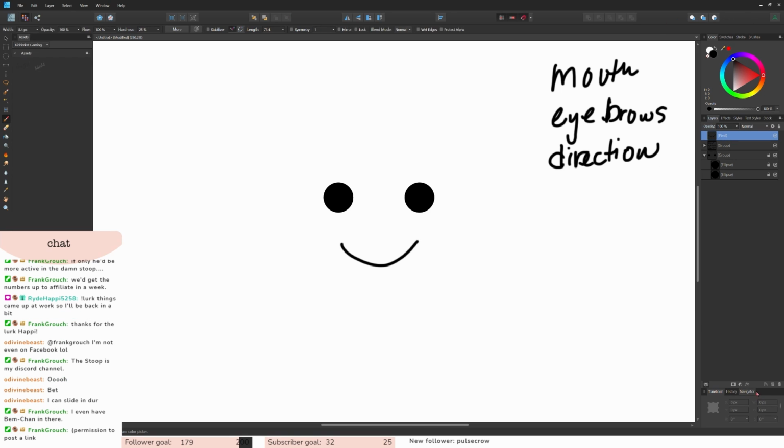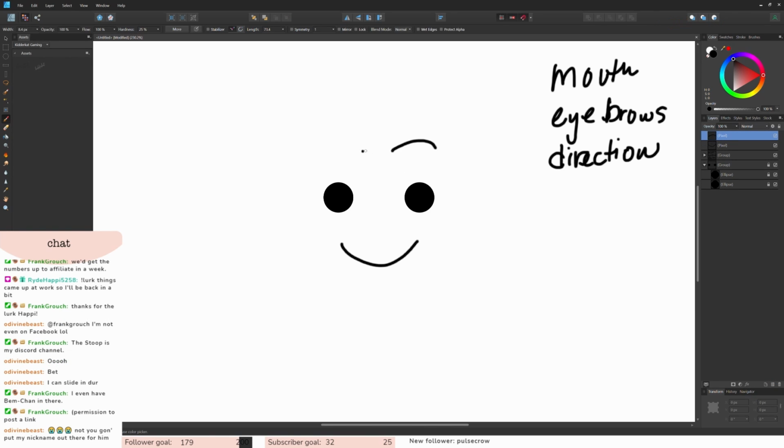So, happy face, right? For the happy face, we could have raised eyebrows that we're gonna have point out that way, or we can have a more mischievous happy face where the eyes point down and inward, kind of like it did with the sad face, to make it more angry. Okay, we got mischievous, pissed off,